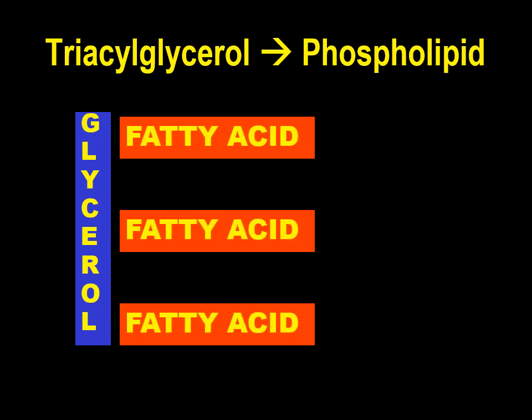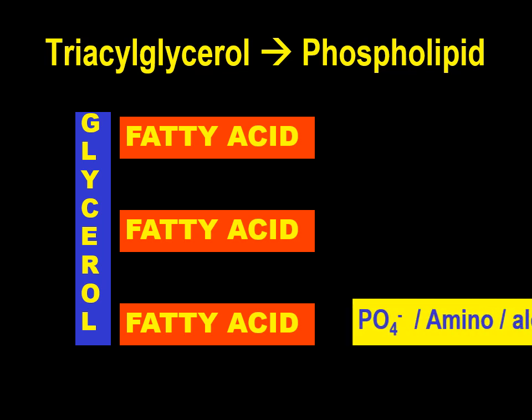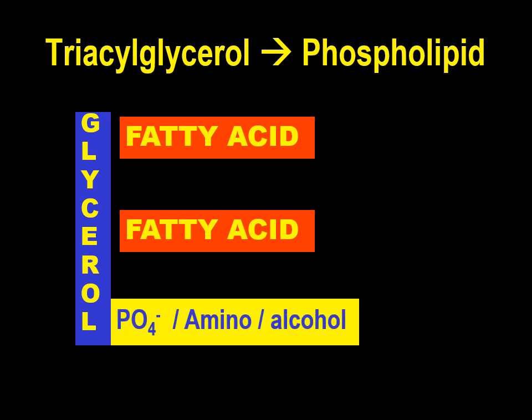Because fat molecules don't dissolve in water, they are not stable in the water compartments of our body and cannot be used in the membranes of our cells. But if we replaced one of the fatty acids with an electrically charged or polarized group, we could produce a molecule that is stable in body water. Our bodies use phosphates for this purpose. Phosphate is phosphorus bonded to oxygens and has a net negative charge. Often accompanying the phosphate group is a nitrogen-containing group like choline or an alcohol like inositol.